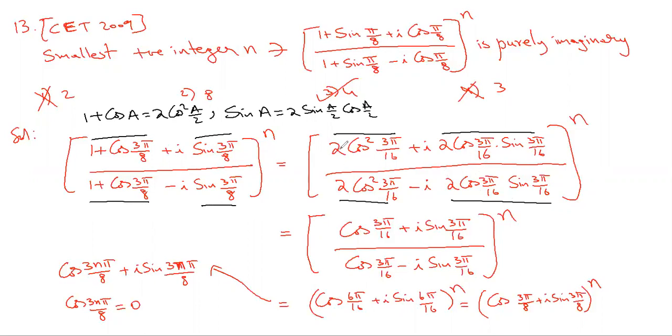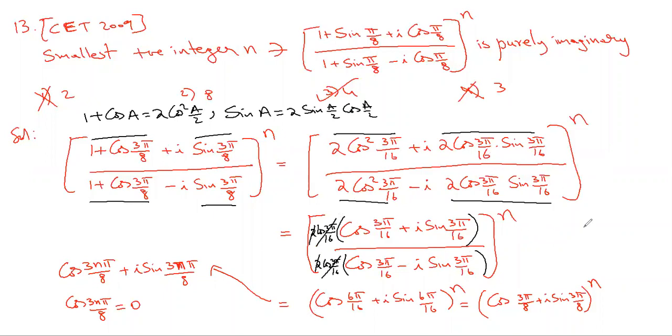After that, what I did is I took the 2 cos 3 pi by 16 common in the numerator and denominator. If you closely observe that, you can accept that statement. Denominator also is common, I took common. And I cancel 2 and I cancel that cos 3 pi by 16. Right? And the next step.